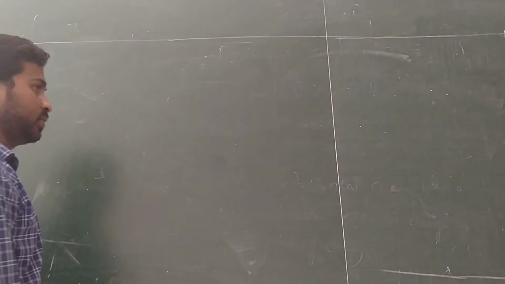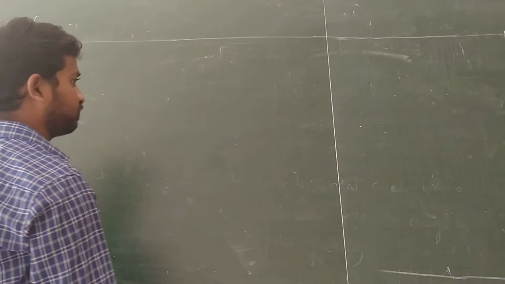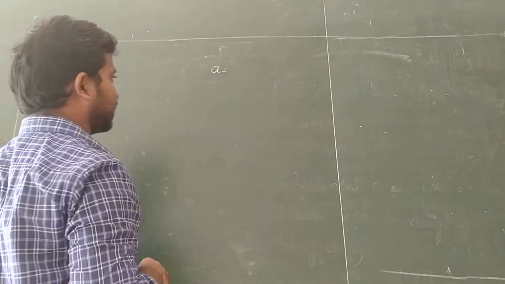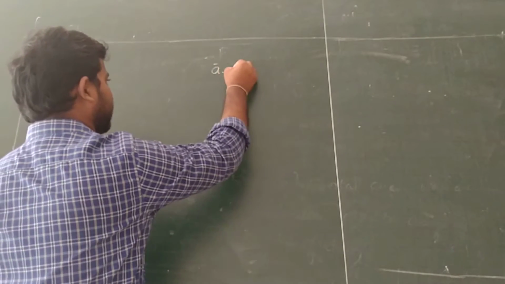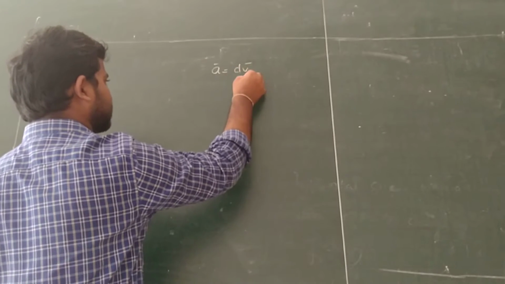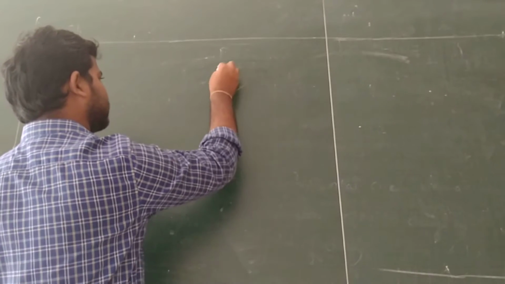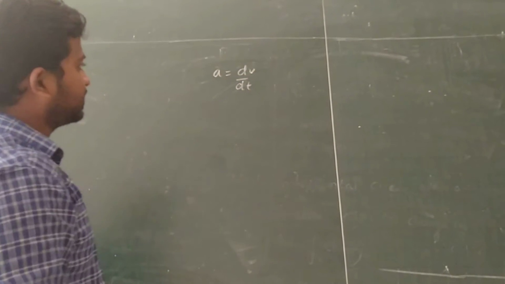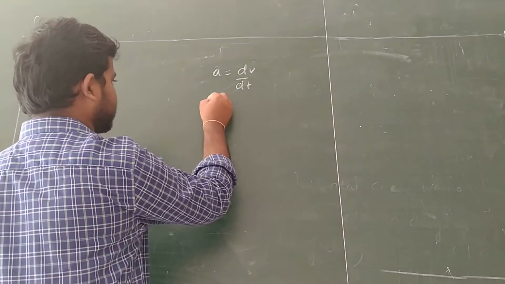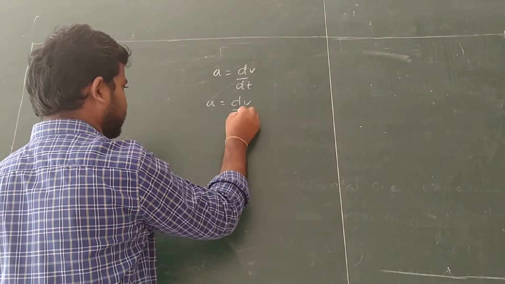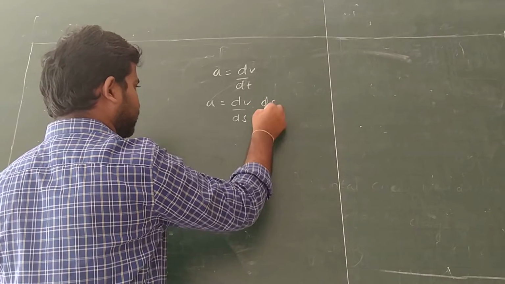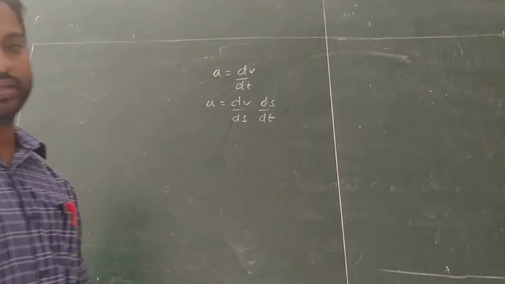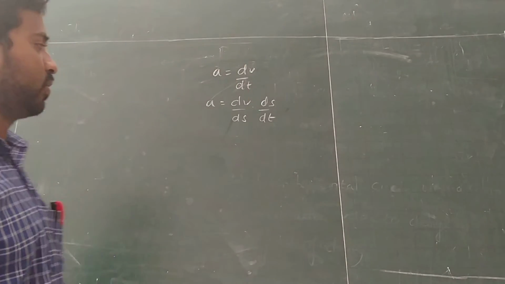Before that, I want to discuss with you one more formula. We know A equal to instantaneous acceleration, or A equal to dv bar by dt. Or else I will take the magnitude of acceleration, A equal to dv by dt. We can write this A in another form also. Can I write A equal to dv by ds into ds by dt? Sure, because ds will be cancelled, so again it is dv by dt only, right?